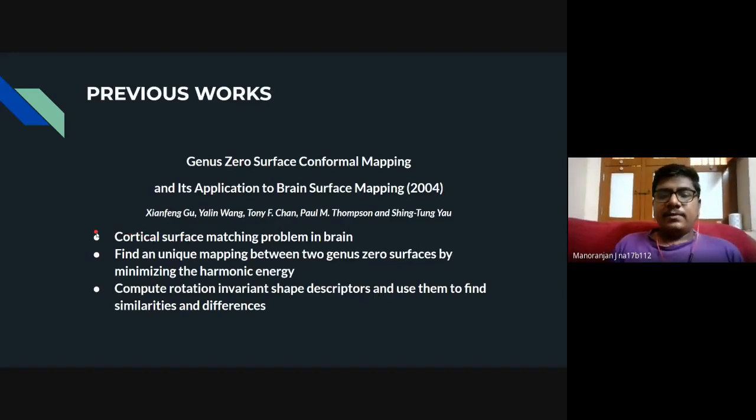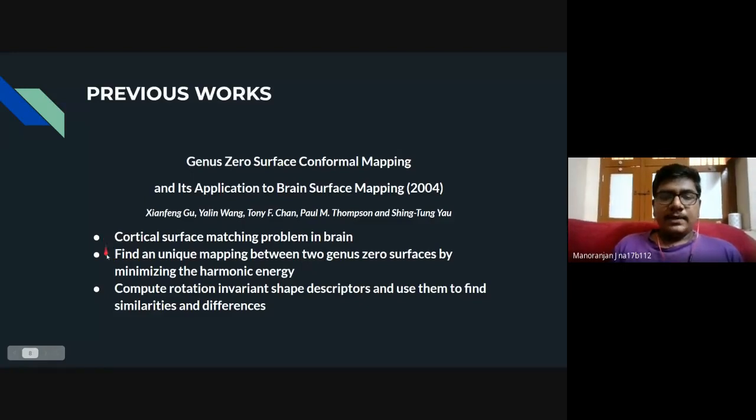This is again a very beautiful paper, and most of the progress I have made comes from this research paper. What we'll be trying to achieve is to convert the 3D object, based on the techniques they have followed in this paper, to obtain the shape descriptors. I'll be discussing those techniques when I go through the progress so far in my work, and I'll be presenting the results briefly here.